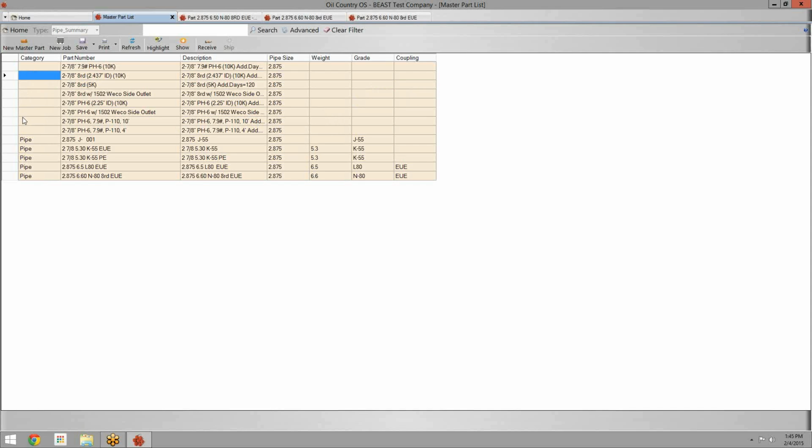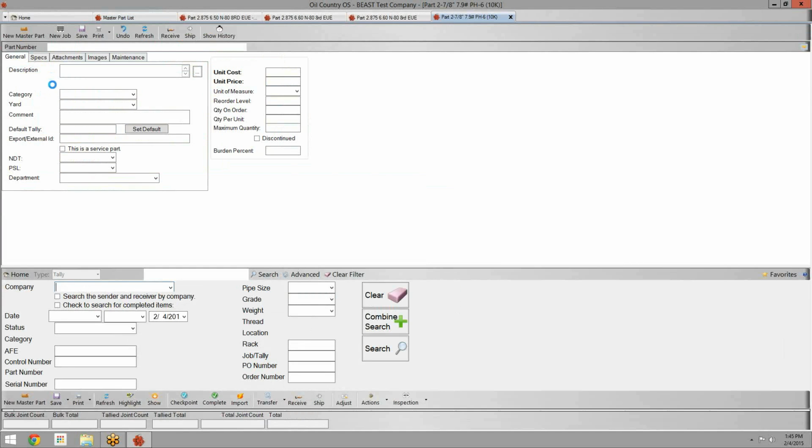This is going to make it exceedingly difficult to run reports or searches for inventory belonging to these master parts because they don't have a category. You're not going to be able to filter for them properly. So a category of nothing is a dead giveaway that there's going to be some issues in your data. And again, that's going to reflect on your reports, right? So the cleaner the data you have, or the more consistent data, the more consistent and cleaner reports you're going to have. So for issues like these, you can just open it up